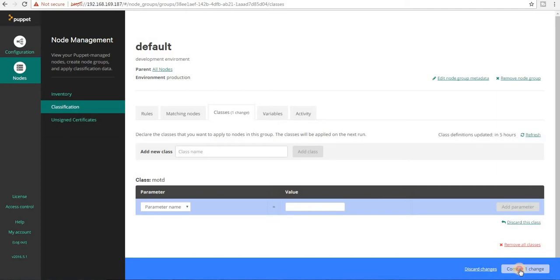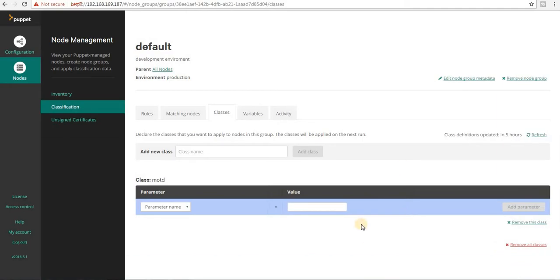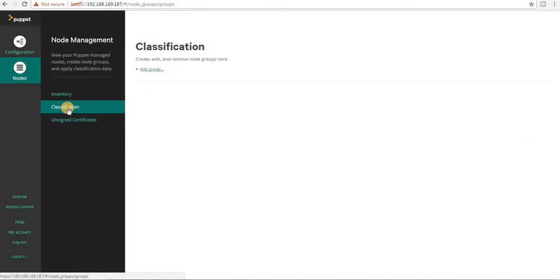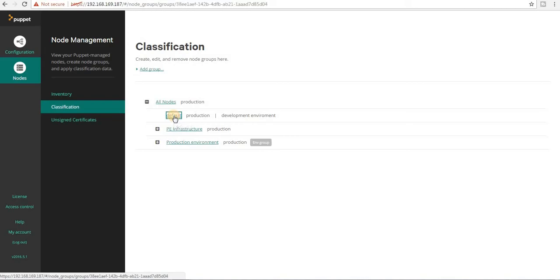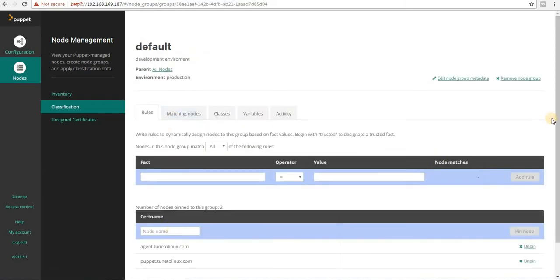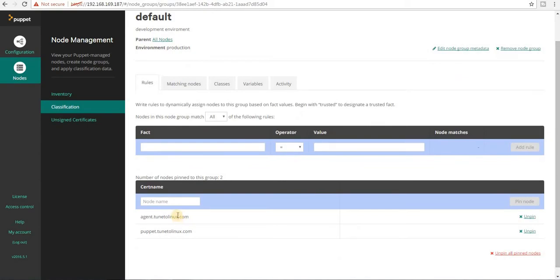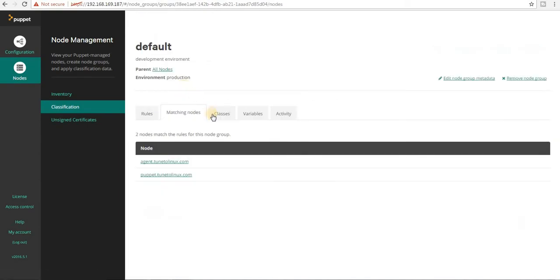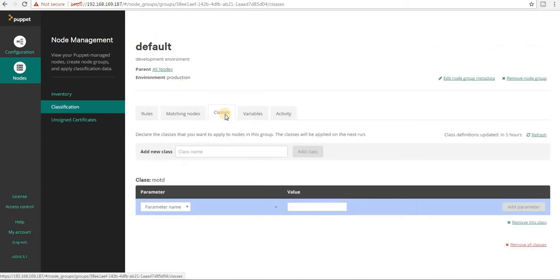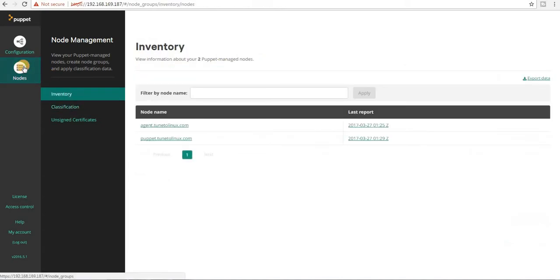Let me just commit the change, and I have made the change. Now if I click on classification again and click on default just to double check everything is added, there are 2 nodes added, matching nodes is 2, and if I click on classes I can see the class is motd and it is default. Okay, so now the next step is